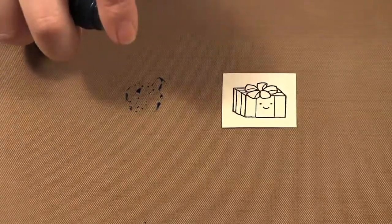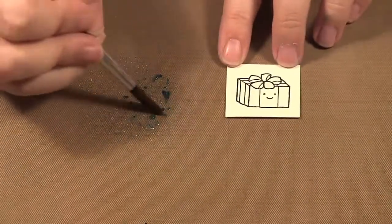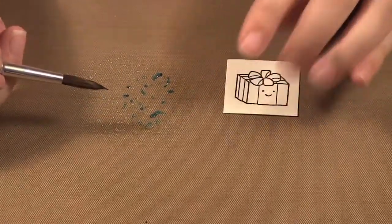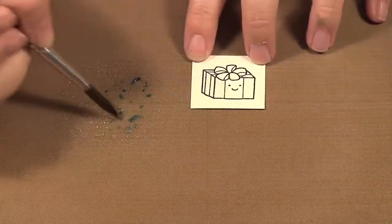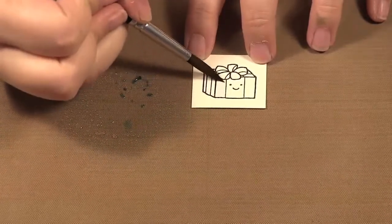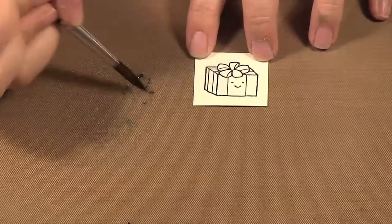I've got some water in a spritz. I'm going to spritz it, and you can see the little pigments. And then I've got my little brush here. Now you can see some of the blue went onto my watercolor paper, so maybe when you spray it you don't want your image to be so close, but that's okay. Okay, so I am just painting in,